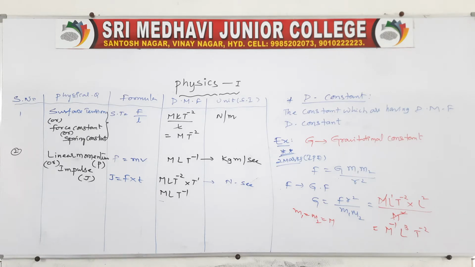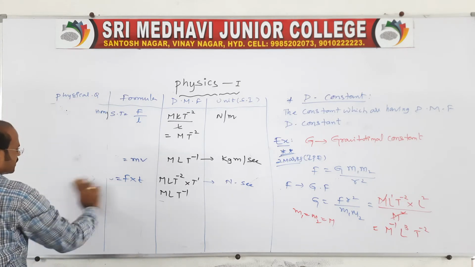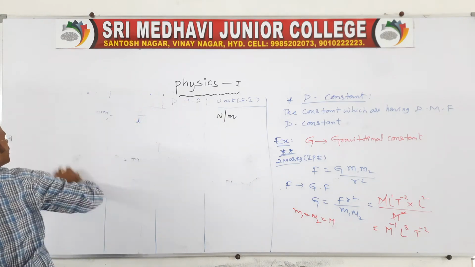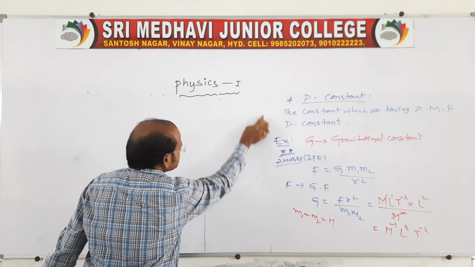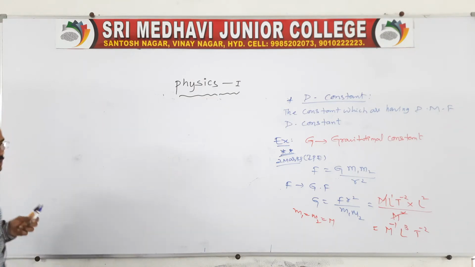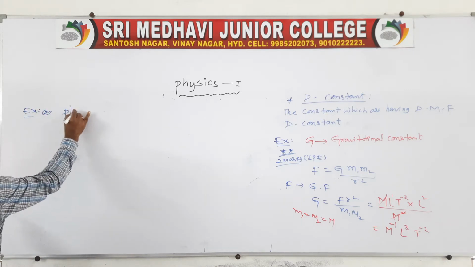Okay, and the next constant I'll give you. Like that we have other constants' dimensional formulas which are important. Basically I am now discussing the important dimensional formulas, right? Shall I give you another dimensional constant, a constant which has a dimensional formula? Okay, now I am giving Planck's constant. Take the second example as Planck's constant.